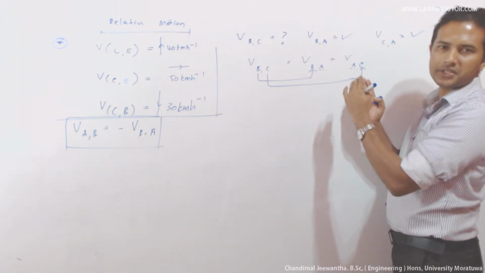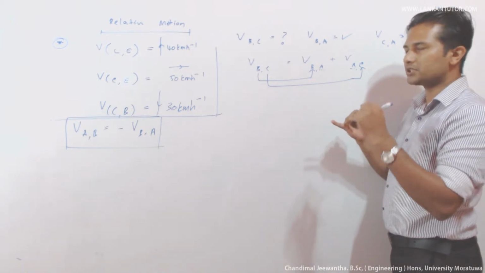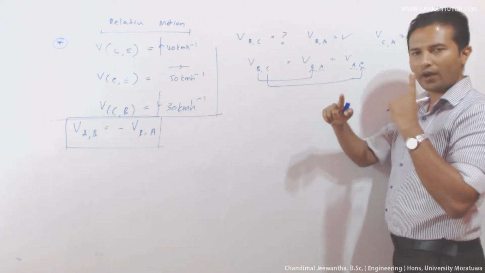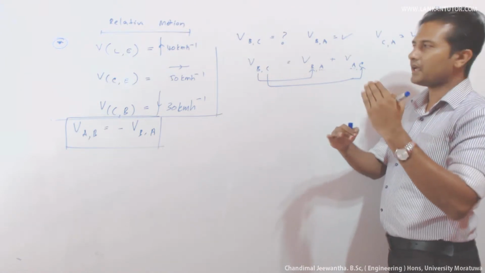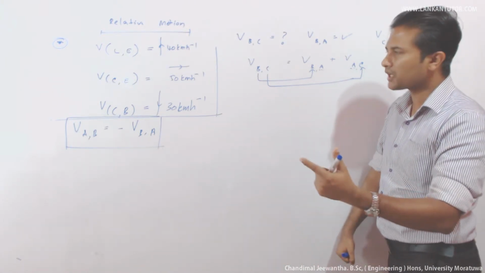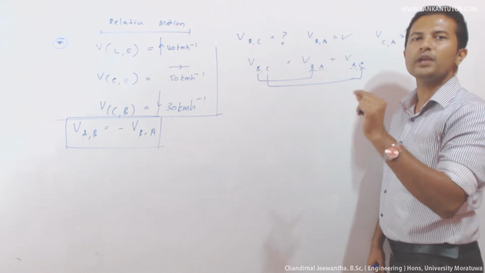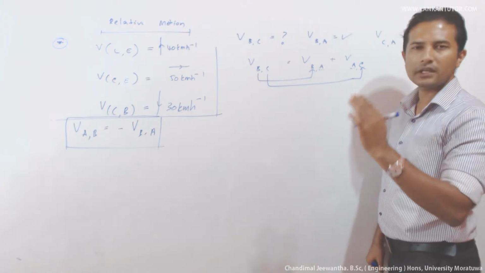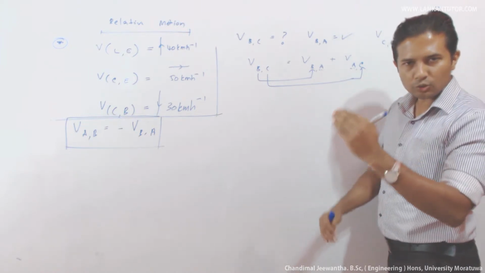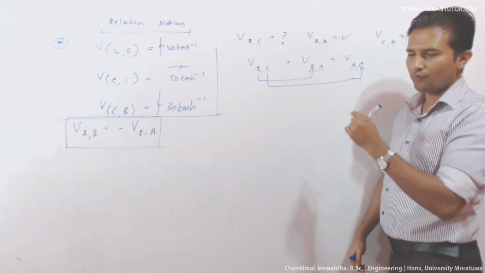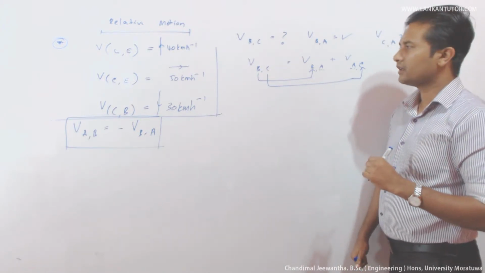This is a kind of vector addition. In order to get the vector addition, you can use r square equals x square plus y square if two vectors are perpendicular to each other, and if two vectors are inclined to each other, you can get the resultant using r square equals p square plus q square plus 2pq cos theta. The important thing is you have to take the angle in between two vectors when those vectors are directed away from one particular point.